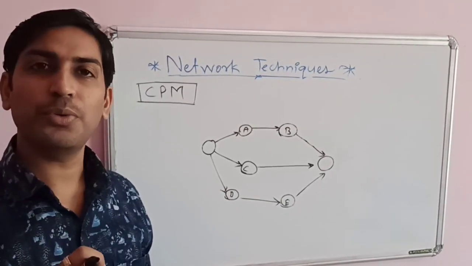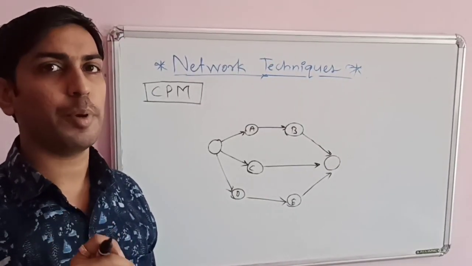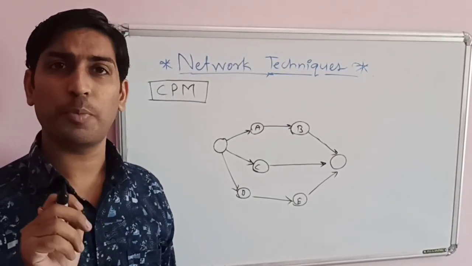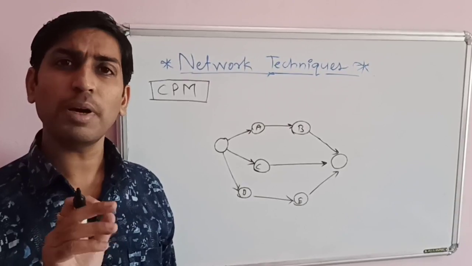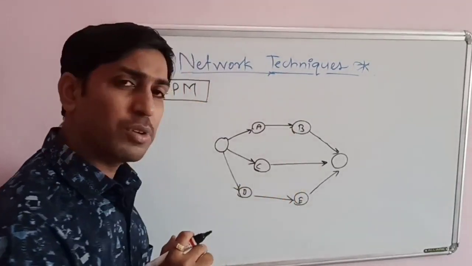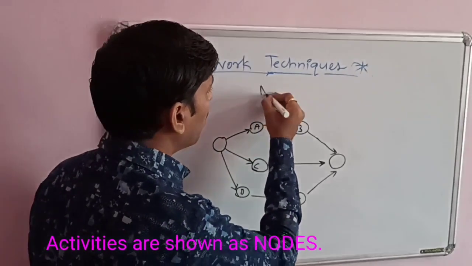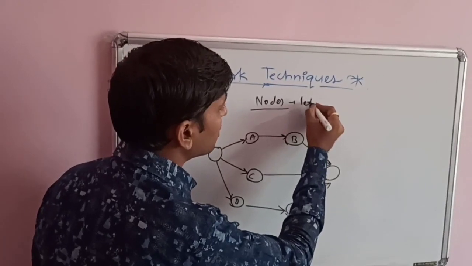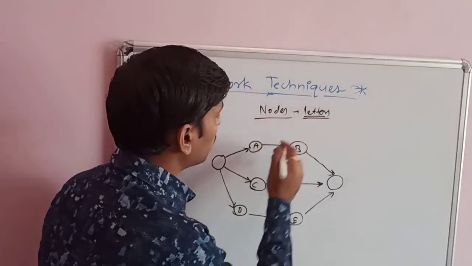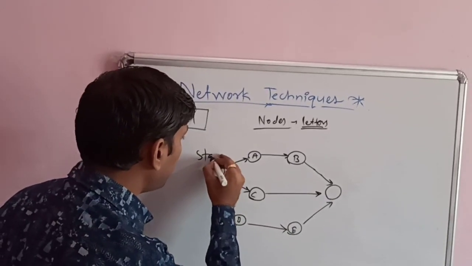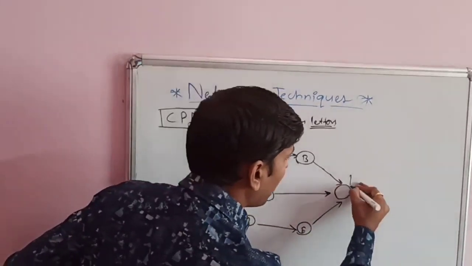CPM is a statistical tool used to manage different types of operations. These operations are typically planning, organizing and controlling of a project. These may be complex, but they are routine in nature. Related to the CPM diagram, there are different nodes, which are represented by different letters. So these nodes are represented by A, B, C, D, E. This is the start point and the finish point.